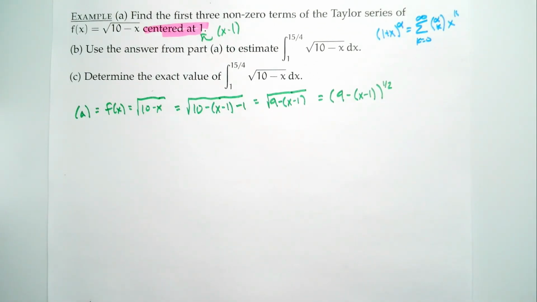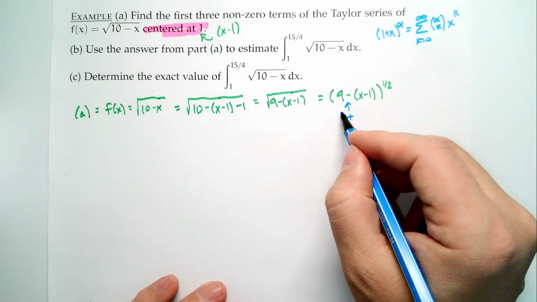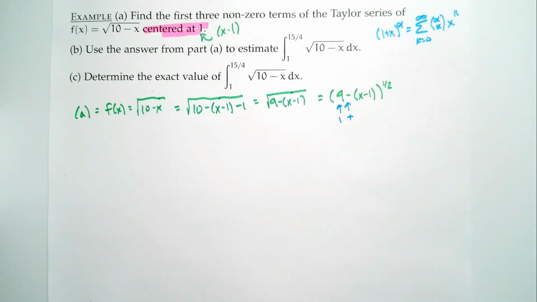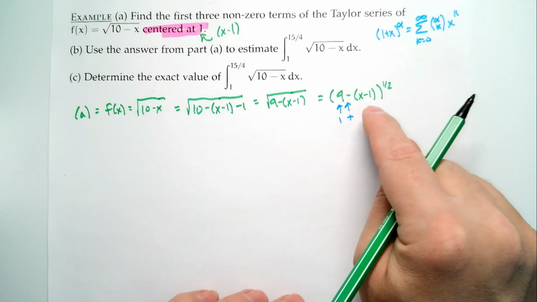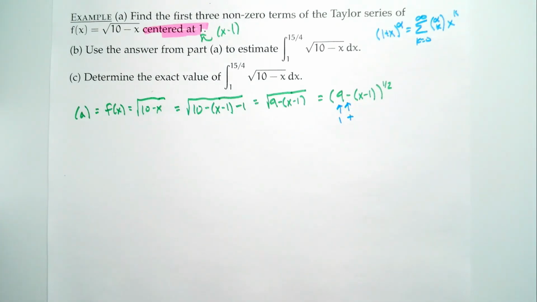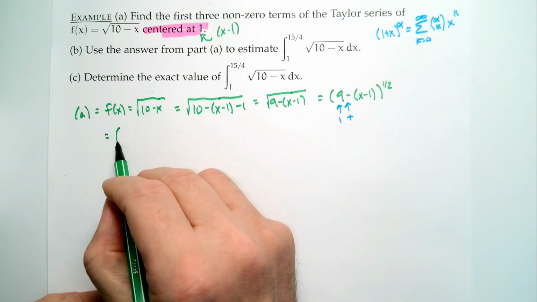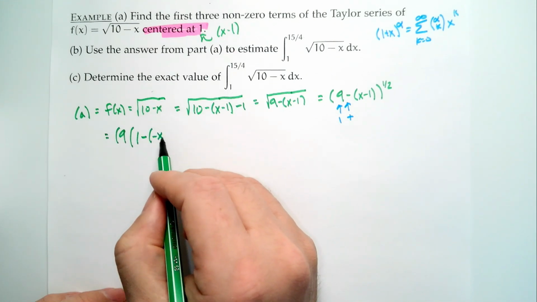And so what's our challenge? Well, the minus, we want to make that into a plus, and the 9, we want to make that into a 1. Then we'd feel really good. Well, we know how to make the 9 into a 1. We've done that before. That was similar to a couple examples ago where we said, let's factor stuff out. And we also know how to turn the minus into a plus. The two wrongs make a right kind of philosophy. So we'll do it a little bit slowly here. So we're going to factor out a 9, then 1 minus x,